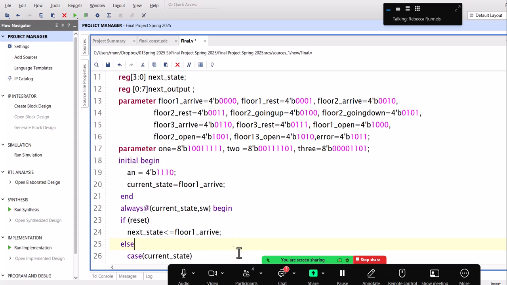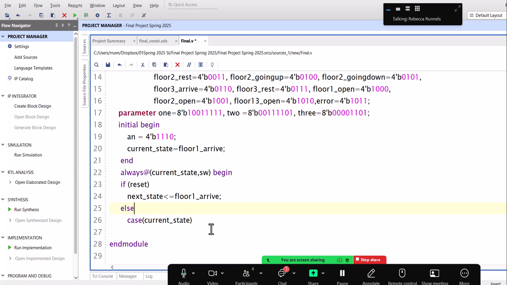Else. Now I'll have my case statement. Else current state. So now I need to see what all my different possible states are and what I'm going to do for them. So my possible different states are